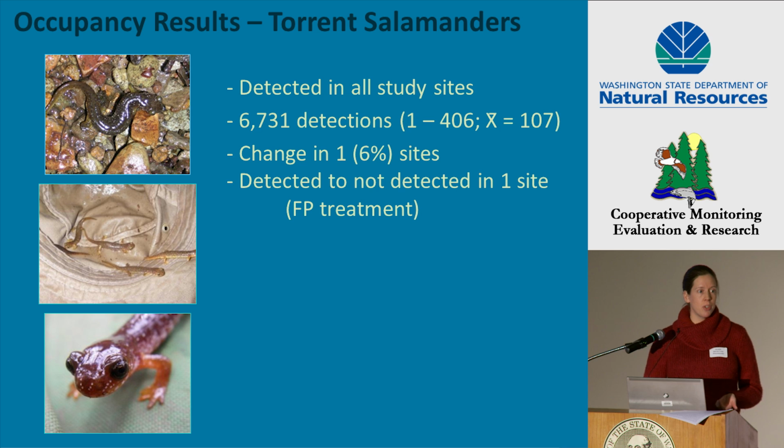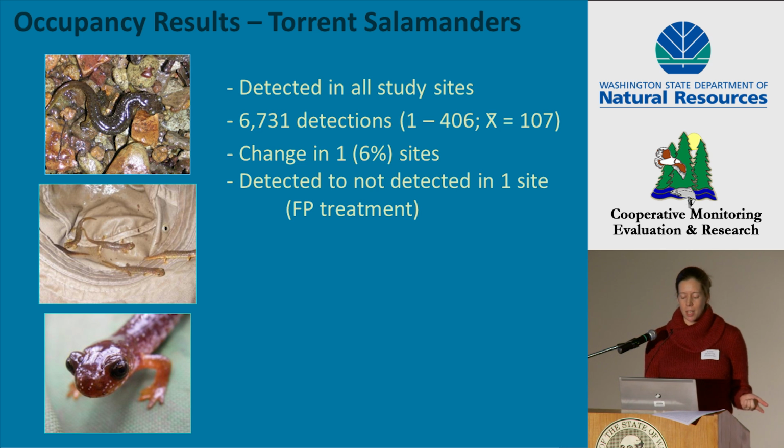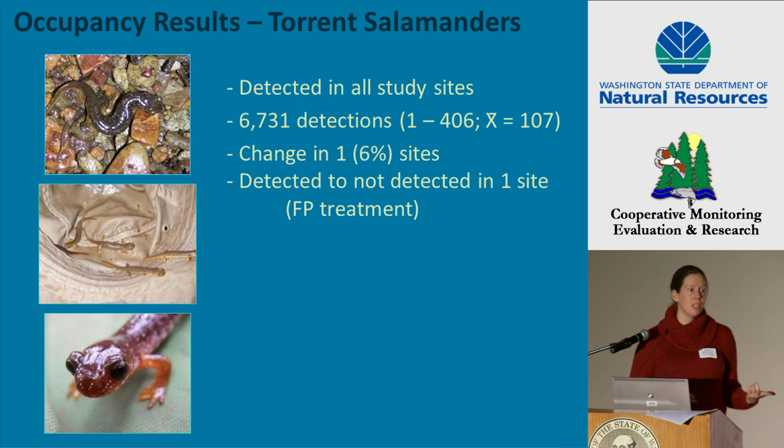For Tournet salamanders, we detected them across all study sites. This was by far our most abundant species in terms of numbers observed through time, with nearly 7,000 detections, and the number per site and year ranged anywhere from a single individual to 406 individuals in 1 study site, with an average of 107. We did see a change in detection of occupancy at 1 site, and that went from detecting it in the pre-harvest period to not detecting it in the post-harvest period, and that was for a forest